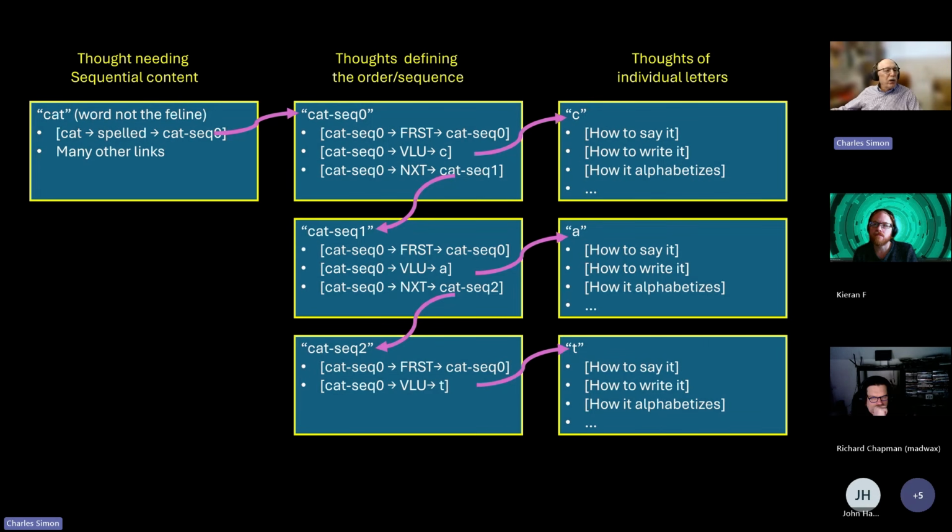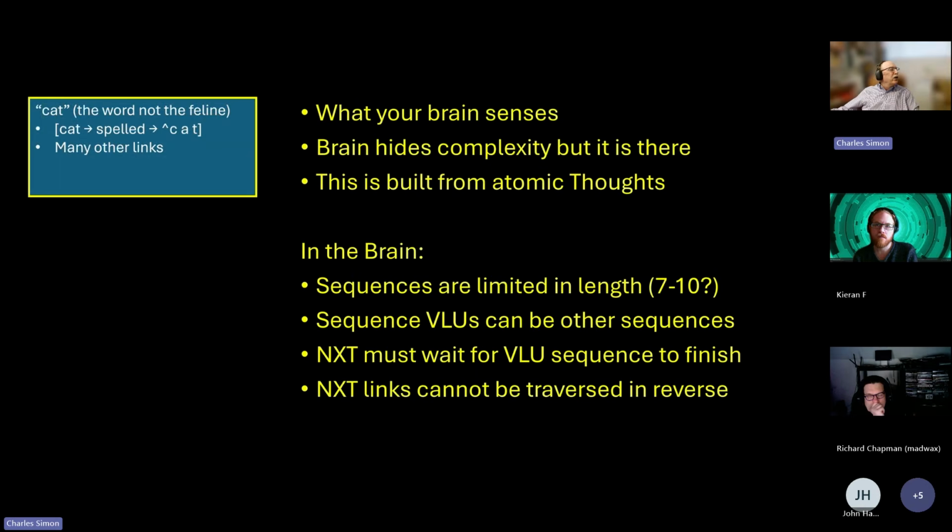Okay, so as we move on, here I've illustrated the first list, so the first pointer. So every element points back to the first. And then all of this collapses in your brain to your brain thinking that it knows directly how to spell cat. All of this lower level sequencing is hidden. You can't be aware of it or you'd go nuts, but you think you know how to spell cat directly, but only in terms of a sequence.